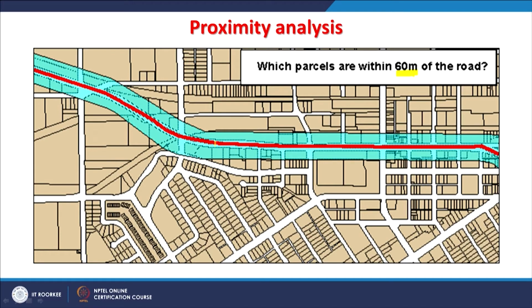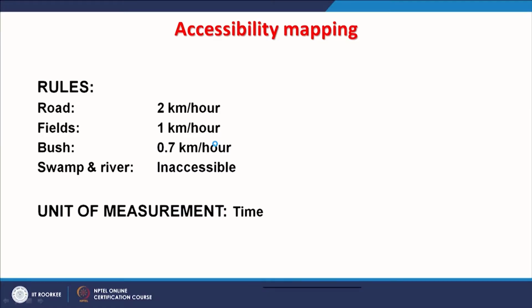Now, the example I am taking here involves only 2 layers, but sometimes in our proximity analysis there can be more than 2 layers and still we can perform such analysis. The only thing is our rules or constraints can become a little complicated as compared to just having 2 layers. Now, in this proximity analysis we can also do mapping which is called accessibility mapping, and that is also a connectivity function, under connectivity functions.